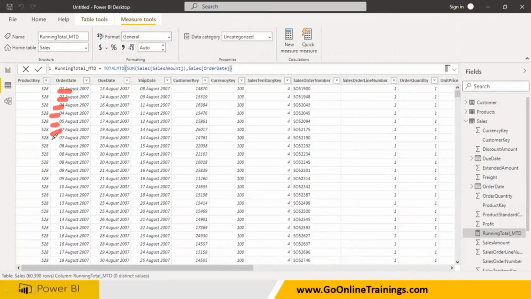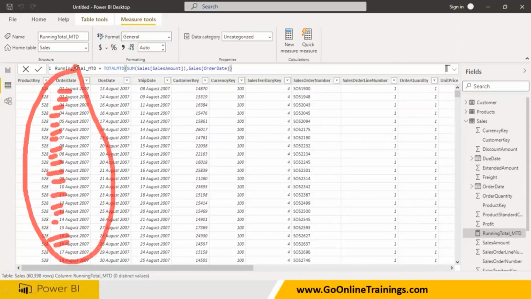Again 5, 6, 7, 7 duplicates. 8, 8. Many people are buying on that day. You have a lot of duplicate data. Some values are missing in the column. And 11, 13, 13, 14. And a lot of things are available. So I cannot use this column here as a date column, because